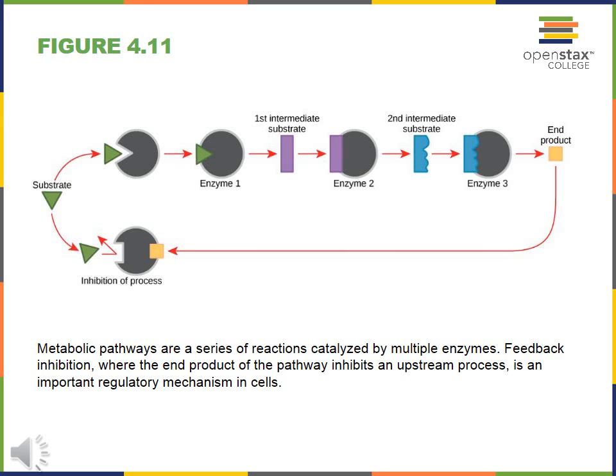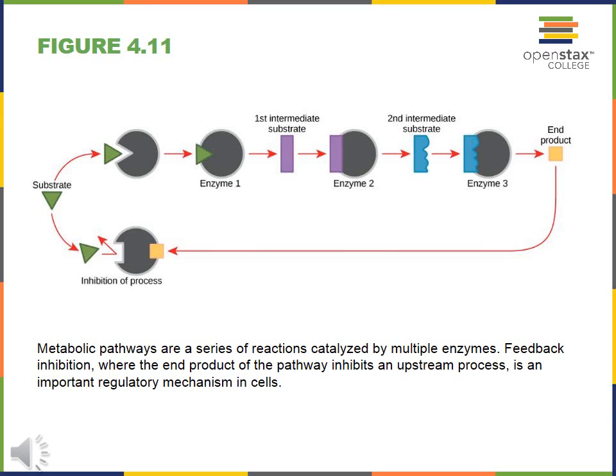Well, a green triangle comes up to enzyme 1 down here now at the bottom left, but it can no longer attach to it because we have this yellow square that has become an inhibitor molecule on the allosteric site, and it has changed the shape of enzyme 1 so that the substrate has bounced off of it,